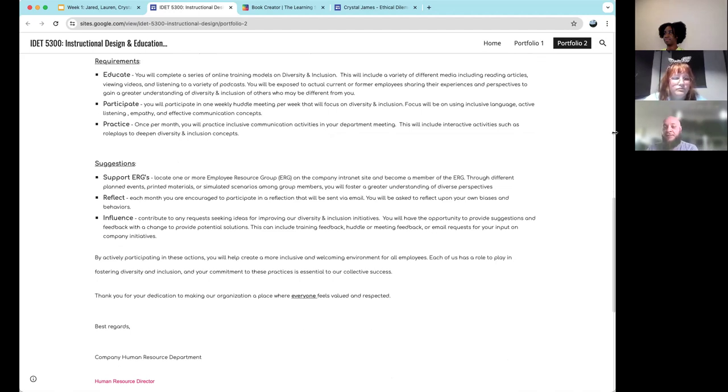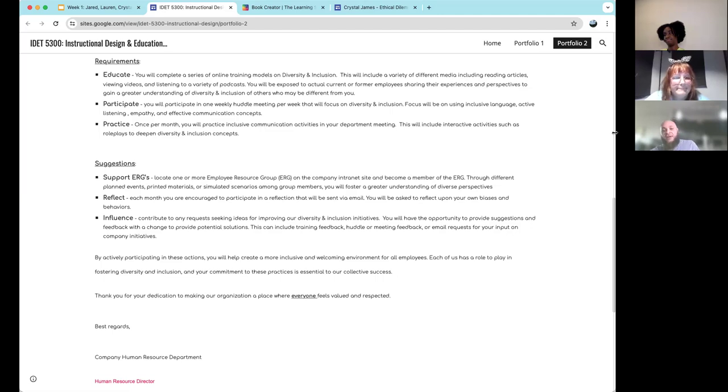And then for participation, they'll be required to participate in one weekly huddle meeting, and that will focus on diversity and inclusion topics. And they'll focus on inclusive language, active listening, empathy, and effective communication concepts. And then for the practice, once per month, they will have an inclusive communication activity within their department meeting. And then for the suggestions, to support the ERGs, the employee resource groups, they will be able to attend different planned events, review different printed materials, or go through different simulated scenarios among group members to foster a greater